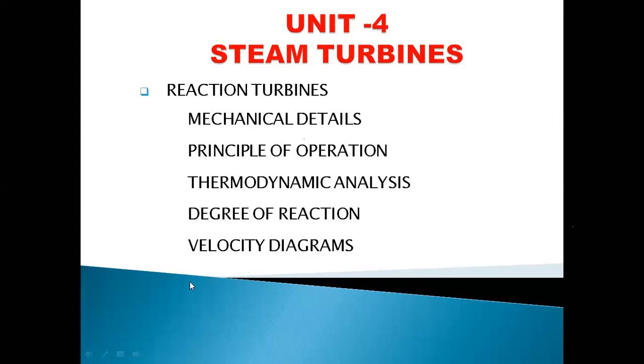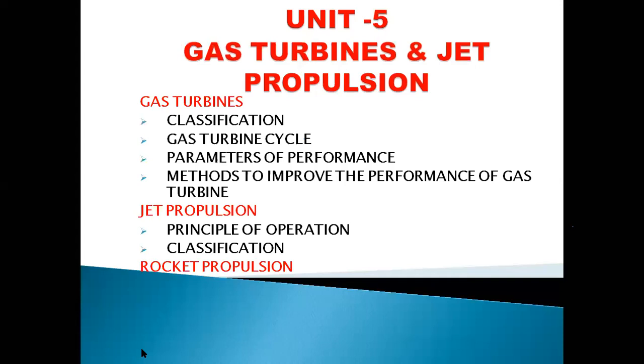Then you have the final chapter, a very interesting one, because you might be seeing a lot of aircraft and wondering how an aircraft engine works. The basic cycle behind an aircraft is the gas turbine cycle. Then how a jet works: you have the turbojet, turboprop or turbopropeller, then the ramjet, and then how a missile works. The missile working, everything comes under jet propulsion.